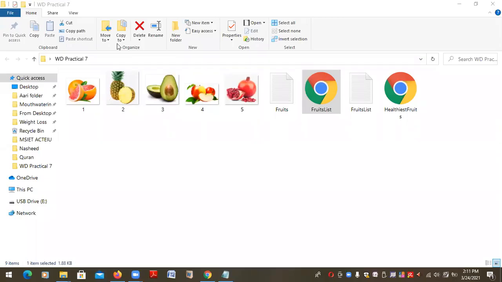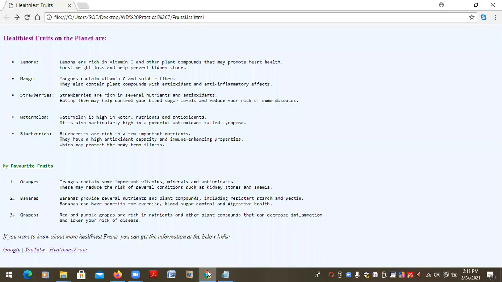Okay, so last class, remember, we finished the first page. Happiest fruits. Today, I'm going to show you the second part. The second part is basically like this, because the first part we used the table. But again, it is up to you. You can make this one and the first part also, no problem.